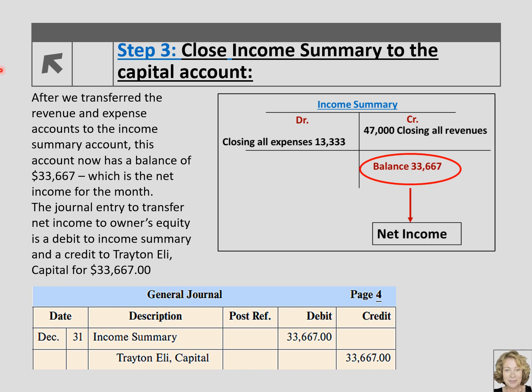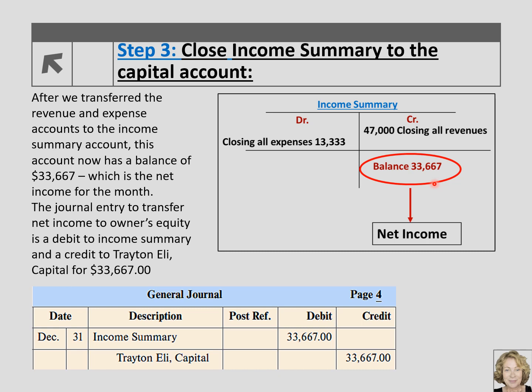Now that we've cleared the income statement and moved all revenue and expense accounts to the income summary account, we need to determine the balance in that account. Why? Well, it's an additional check that the amount is our net income, and we can compare it to our worksheet to ensure that it is the same amount. In our case, we have a balance of $33,667, and it's the same amount that we had on our worksheet. We're now ready to transfer that amount to the owner's capital account.